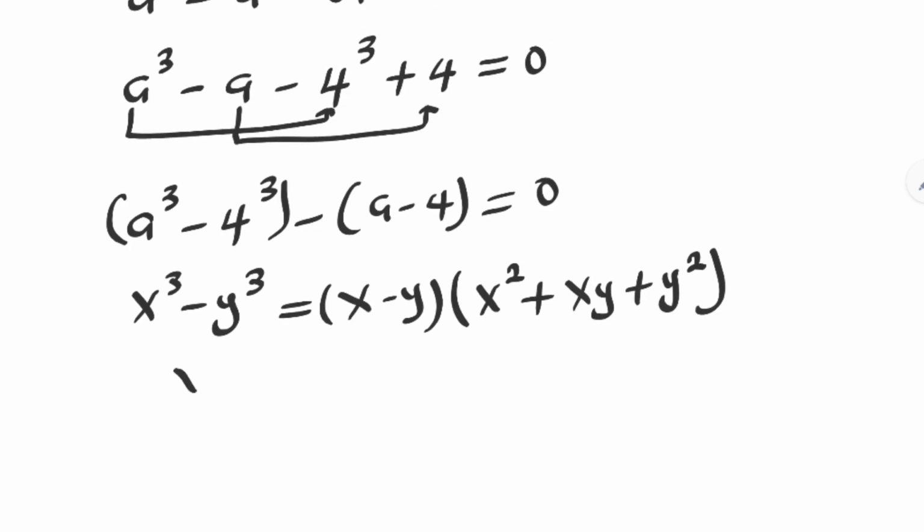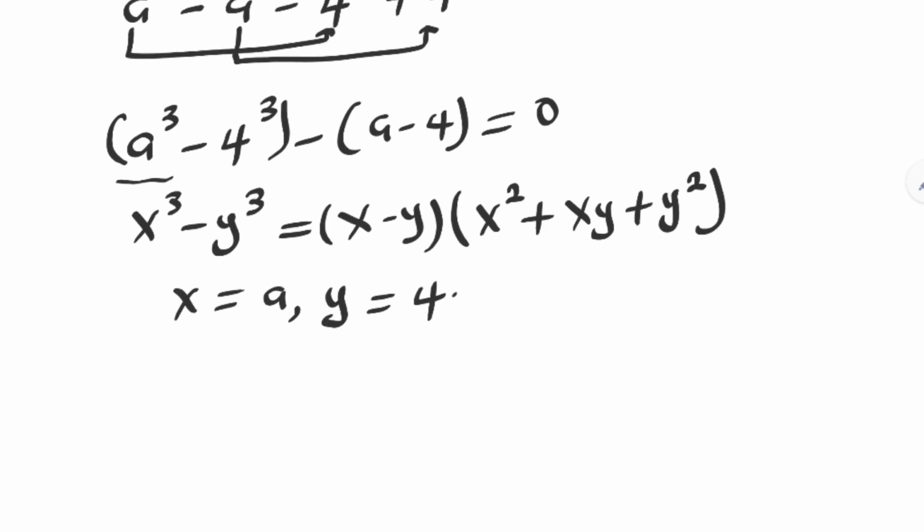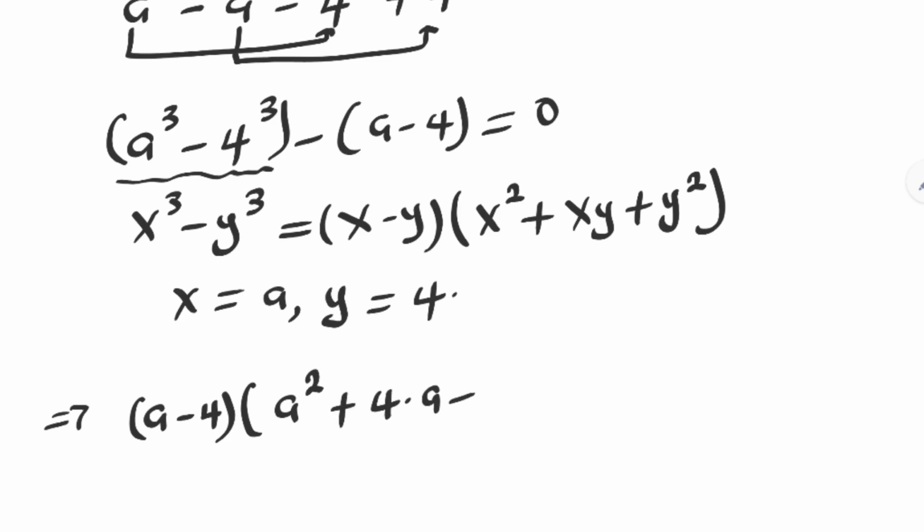Now where x is equal to a and y is equal to 4, this can be written as a minus 4 bracket a square plus 4 multiplied by a plus 4 square